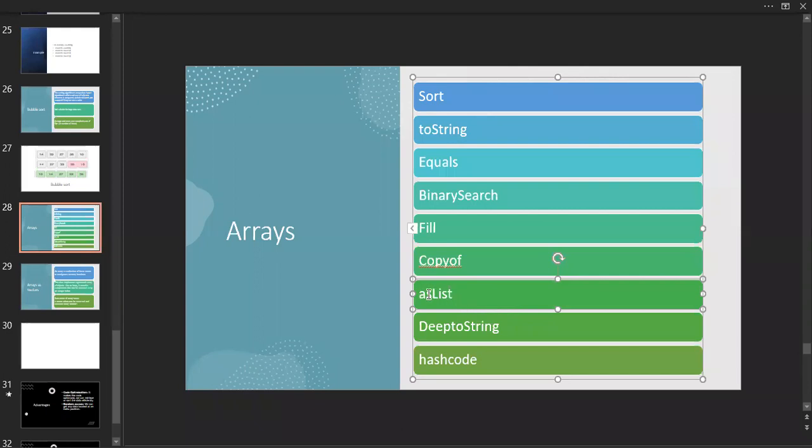That's why they mentioned this method as list. So we are going to consider each and every element inside an array, and then we are going to print them as a list. List in the sense, you know that this is a list. So this is a list, sort, toString, equals, binarySearch, all these are in the list form. So we are going to print all the values in list order, which means it should be inside braces, and the values from the elements will be separated by commas.